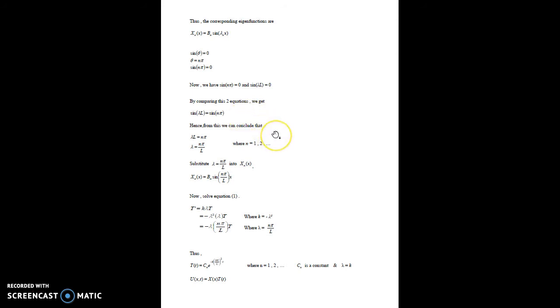Hence, from this equation, we can conclude that lambda L equals n pi and lambda equals n pi over L, where n is greater than or equal to 1. Substitute lambda equals n pi over L into this X_n(x) equation and we will get X_n(x) equals